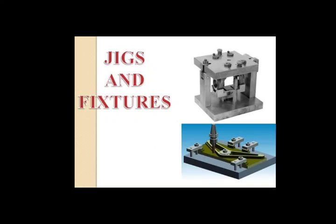When we consider materials used for different clamping devices in jigs and fixtures, we have to understand the recommended hardness for the devices. Various materials are available to manufacture clamping devices of jigs and fixtures. Because of continuous use, wear and tear of clamping devices may happen, so these devices are generally hardened to resist wear and tear. Some of the commonly used materials for clamping devices with their hardness are high speed steel, that is